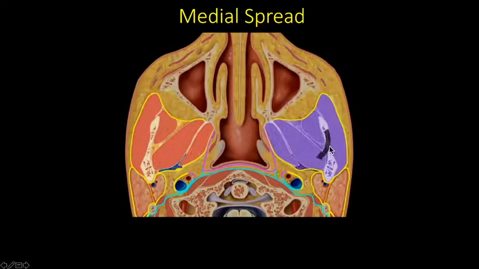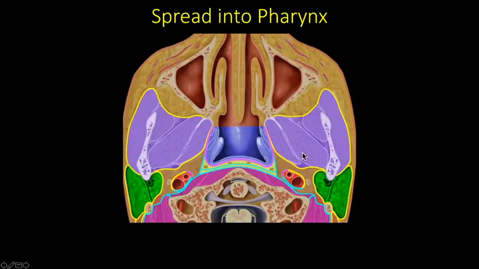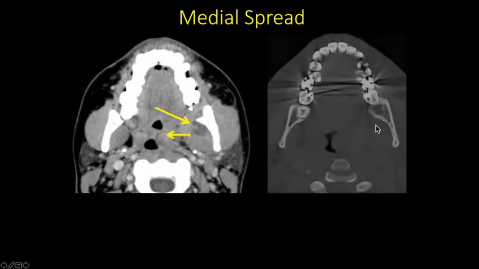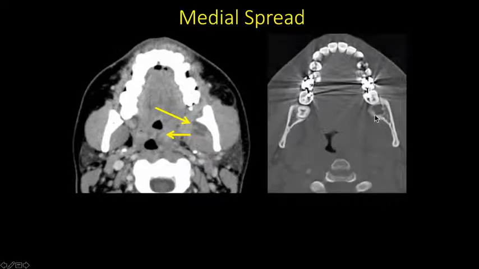Or the disease process can turn medially and get into the pterygoids. And if it does go medially like that, it could go even further across those narrow anterior fat planes of the parapharyngeal space that I mentioned, and it can reach the pharyngeal mucosal space. So for example, here we have a patient with an abscess along the lingual surface of the posterior mandible. We're losing those normal anterior fat planes of the parapharyngeal fat, and we have abnormal thickening of the mucosal space of the oropharynx here. This patient had a recent tooth extraction, which was the source of infection in their left